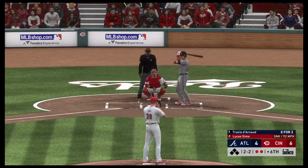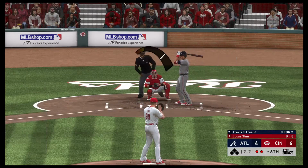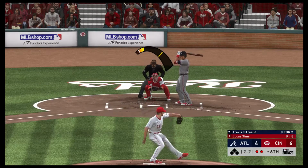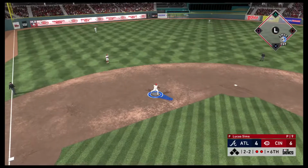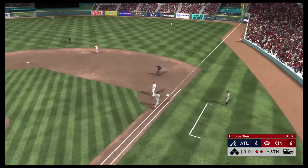To 2 balls and 2 strikes now. Interesting sequence of pitches right there. A real ugly swing on a ball away, and it looks like the batter has a much better idea of what he's looking for after that second pitch. Throw to first will get him easily, and the side is